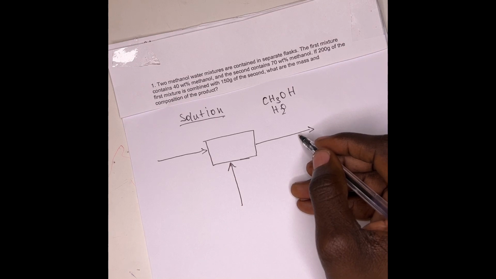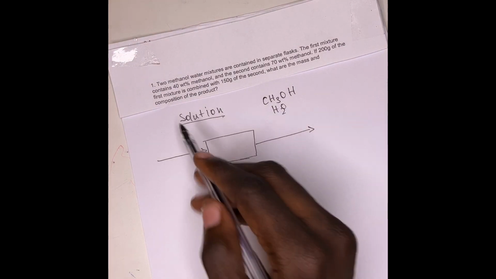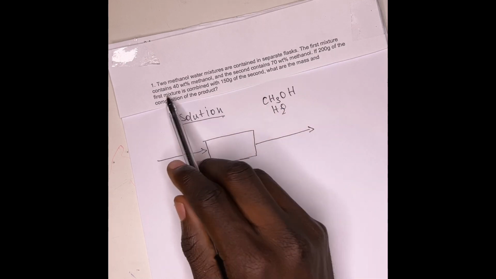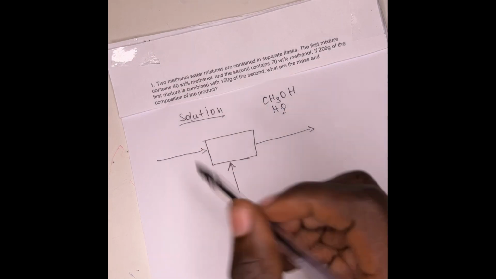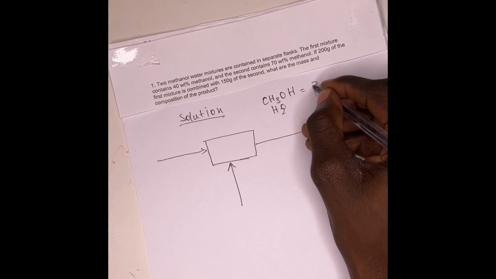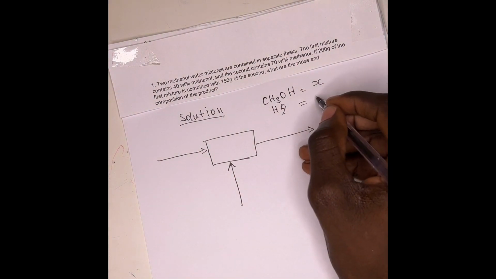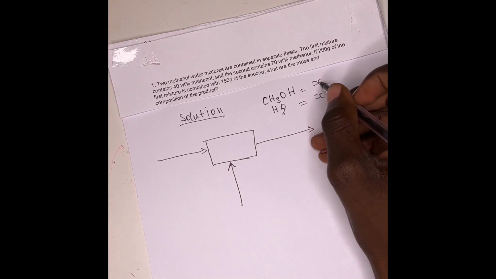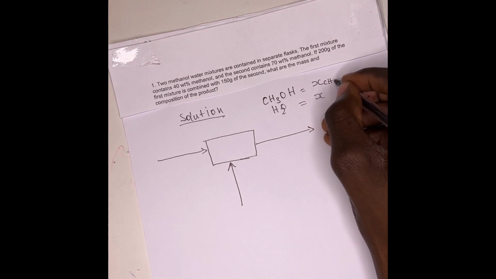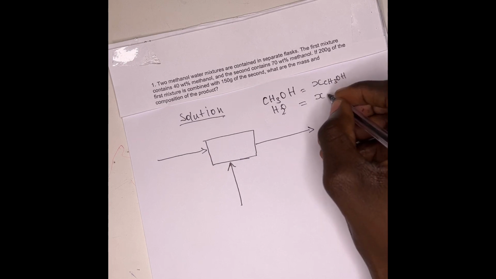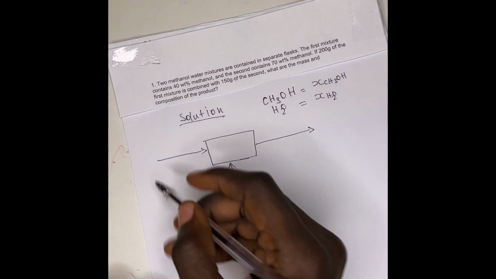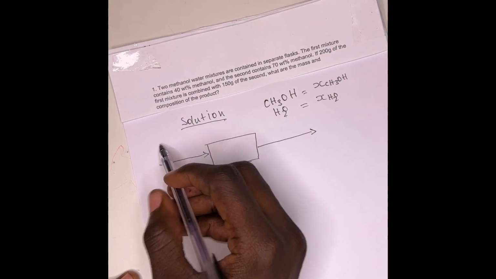So what we can do, we just watch what we can see. They say the two methanol mixtures are contained. The first contains 40%. So let's call this X, and then let's call this Y, we can call also X of water. So this is X, I can say CH3OH for methanol, and then this I can just put water, you guys know. So now what does it mean? It means like this,